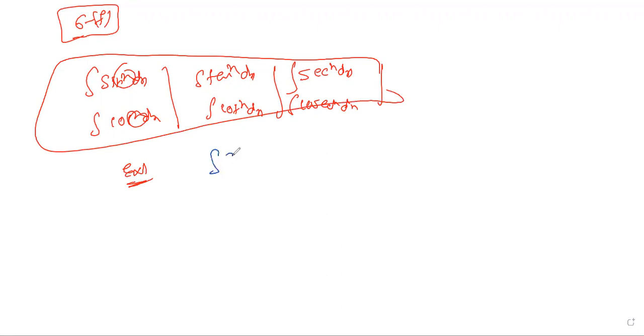If they mention, what is the integration of sin x dx, you can say directly minus cos x. If it is sin square x, we don't have an option. Like sin^4 x, sin^6 x, sin^10 x, we don't have an option. It will take a lot of time to do the calculation. So whatever the power is there in the trigonometric components, we need to find the nth derivative right now.